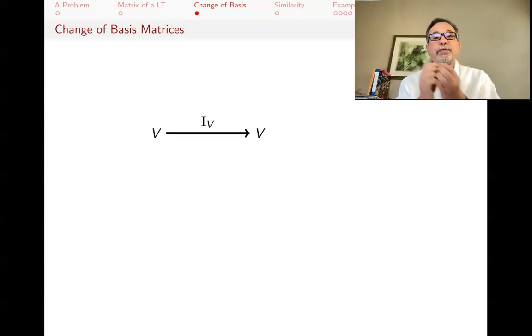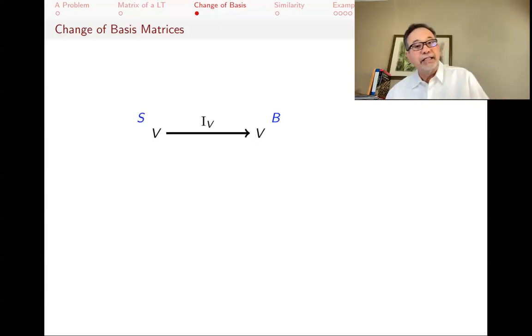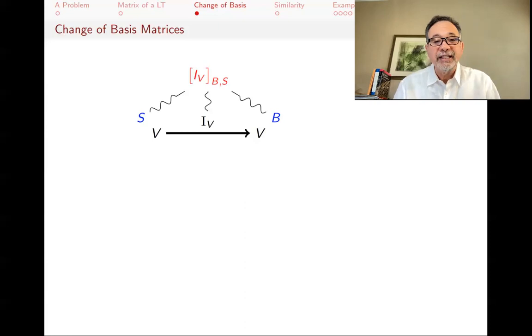It's one that sends V to V. This is this particular linear operator. But we pick a basis S for V and another basis B for V as well, one for the domain, one for the codomain, and we find the matrix of this linear transformation with respect to S and B, as I said in the previous slide. That matrix is called the change of basis matrix from S to B. If you pick the two bases to be the same, this would have been the identity matrix and not that much of interest. But when you choose two different bases for a vector space, then you get this change of basis